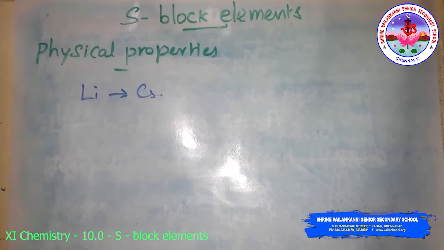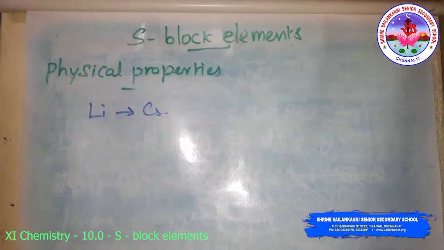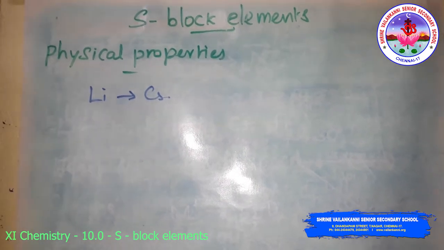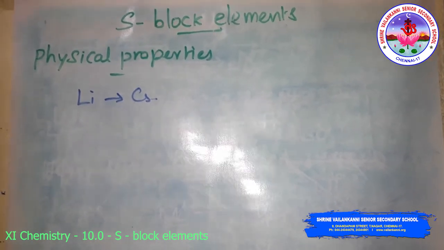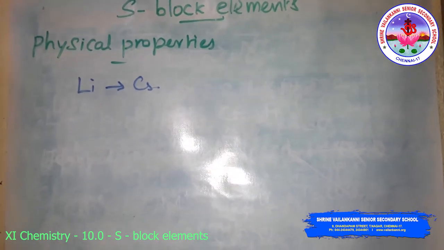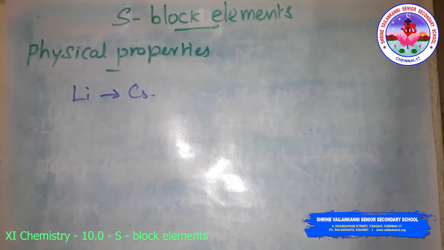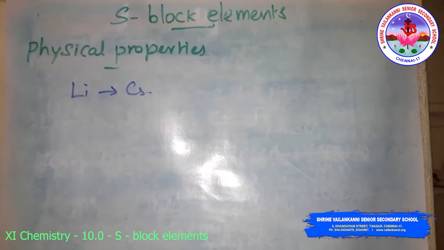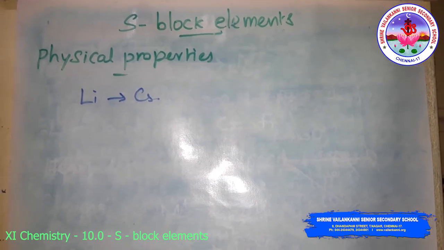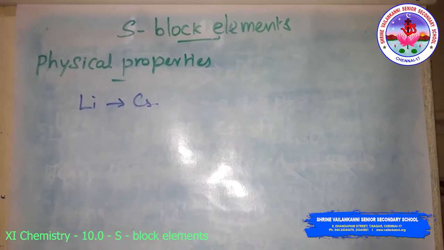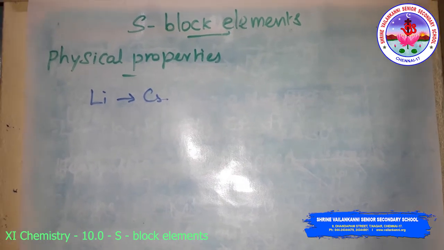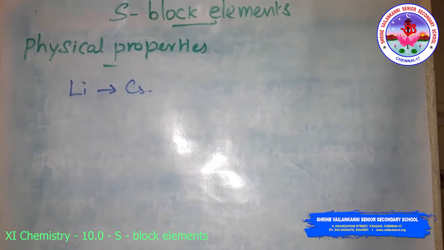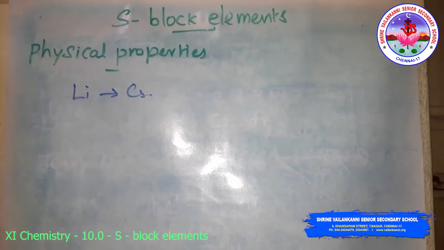The alkali metals and their salts impart characteristic color to an oxidizing flame. This is because the heat from the flame excites the outermost orbital electron to a higher energy level. When the excited electrons come back to the ground state, there is emission of radiation in the visible region. Lithium is crimson red, sodium yellow, potassium violet, rubidium red violet, cesium blue in color. Francium is a radioactive element.